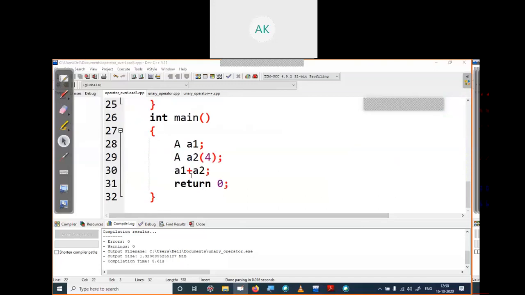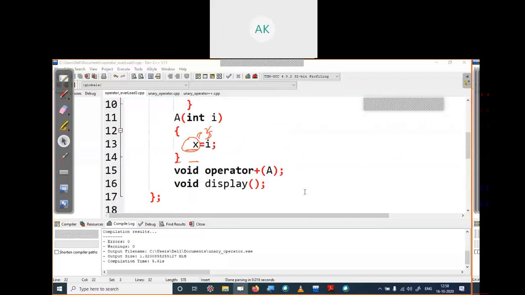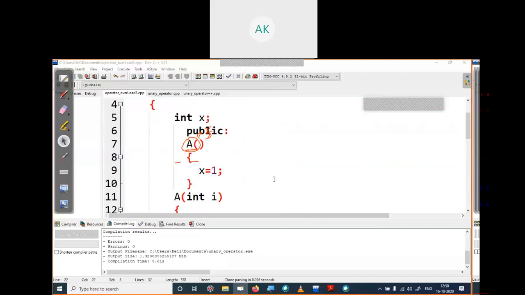In the next part, we have created the main method, and in the main method we have created two objects. You can see object A1 of class A and object A2 of class B. Here we have not mentioned any values for X. When we have not passed any value for the object, it will execute the default constructor.